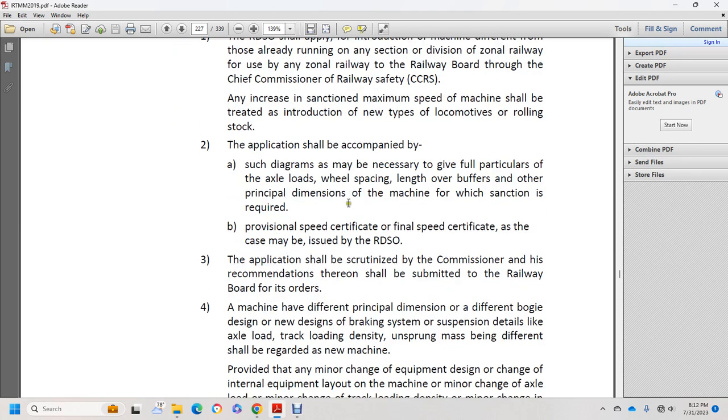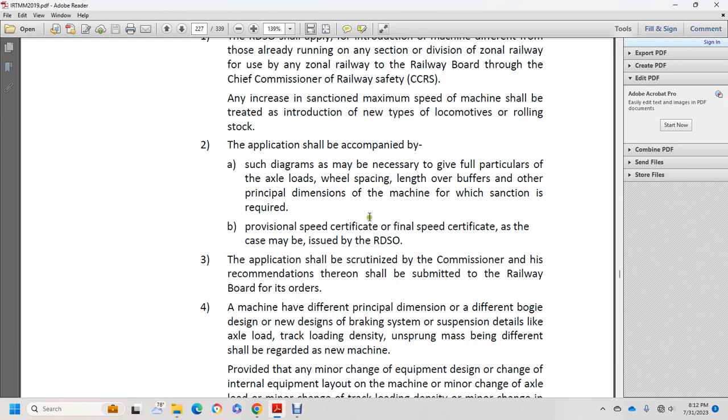Application shall be sanctioned, scrutinized by the cost commissioner and his recommendation thereof the submitted with the railway board of its orders. The machine have the different physical dimension for the different bogie design, body design, braking system. For suspension, detail, axle load, track loading density, unsprung mass, different shall be regarded as new machine, provided any minimum